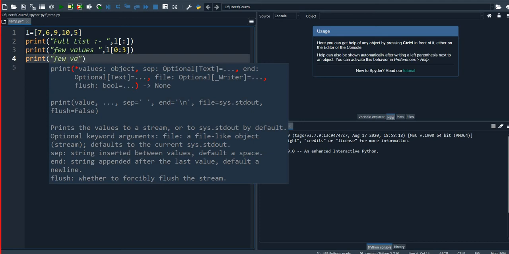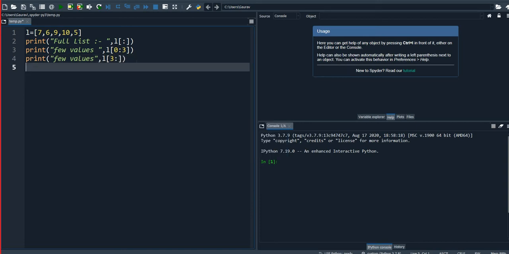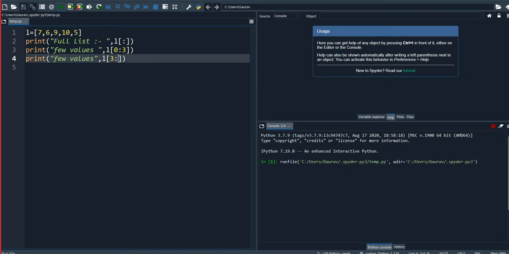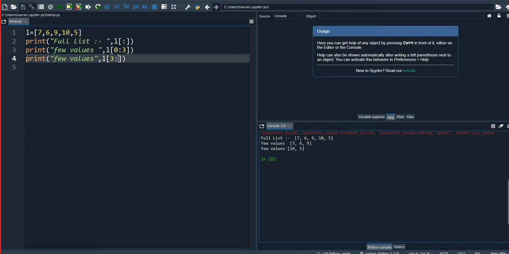Few values," and 3, 0. 3 then. Now see, these 3 types of values I have defined over here. This is for the full list, this is for a few values, and this is for a few values in different order. Now see, when I execute this, the output will be by using slices.